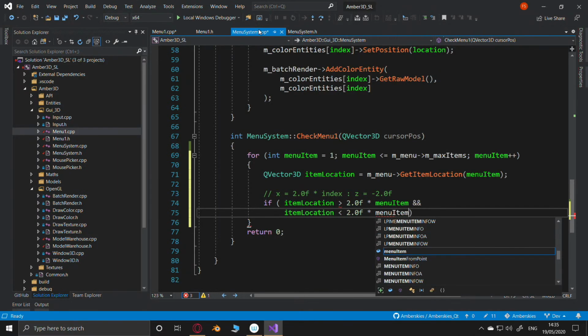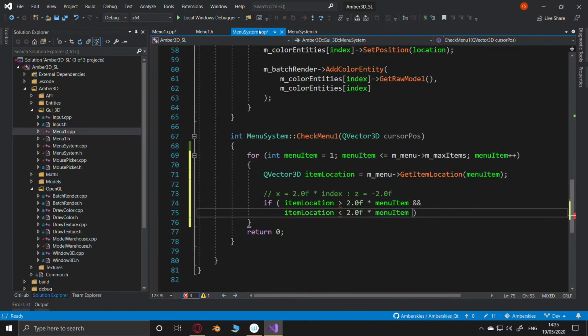We should really use an offset, but I'm not doing that at the moment. Plus the initial value. Right, so if that checks out,